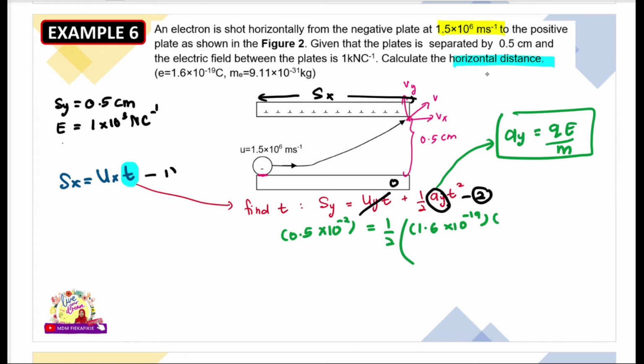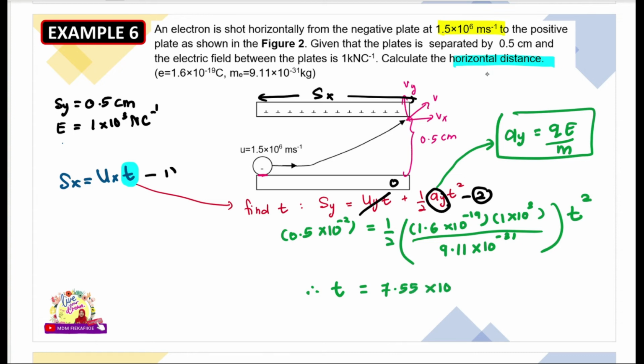Kita masukkan nilai dia. Okay, electric field soalan dah bagi 1 kilo. And then, the mass of the electron 9.11 exponent negative 31. Kemudian, kita ada T squared. Okay, so from here, you can find T, where T is equal to 7.55 times 10 power of negative 9